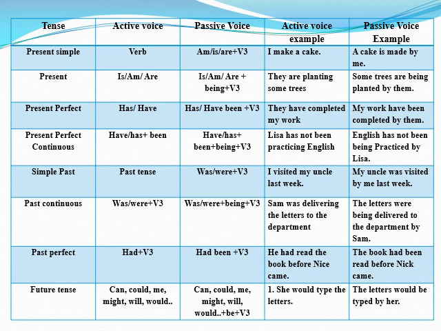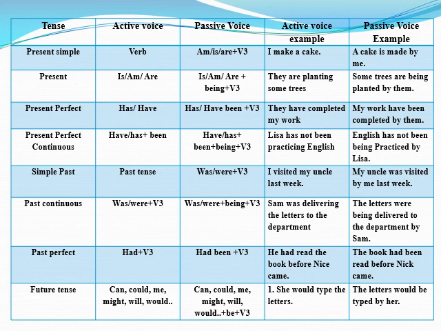For example, if the verb count is 1 in the active voice, then when changing into passive, it should be increased to 2. If the verb count is 2 in the active voice, then when changing into passive, it should be increased to 3. Just look at this tabular column and observe the changes.